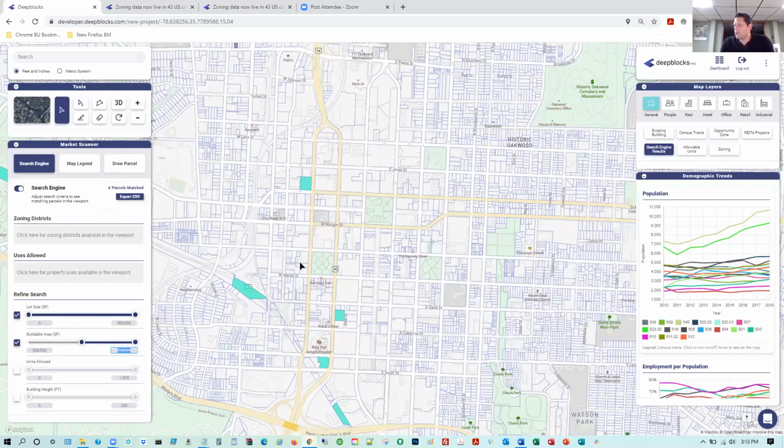Now the next step we like to recommend is to start to evaluate and understand the marketplace in the segment we're in. And with that, we have our map layers, which are very helpful in guiding you to truly make that next decision and say, all right, what site do I want to select? Always, obviously, in the back of your mind, you're trying to understand what type of use you're looking to develop.